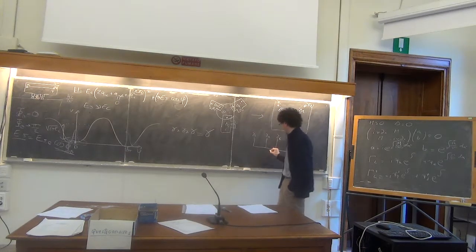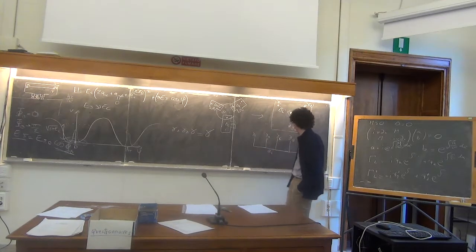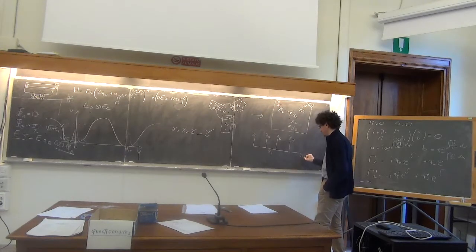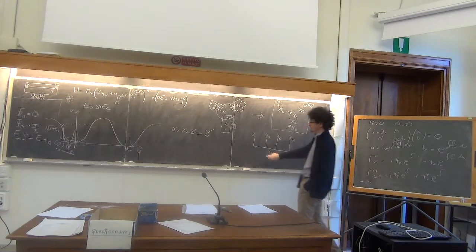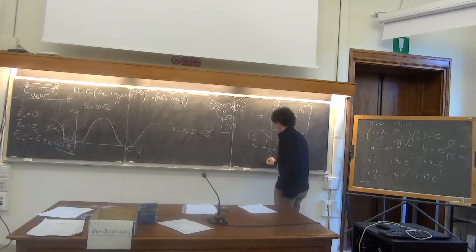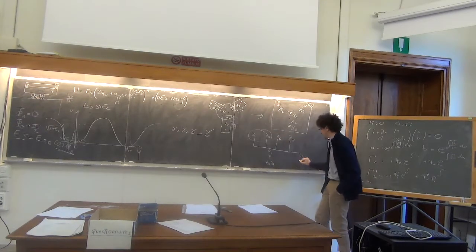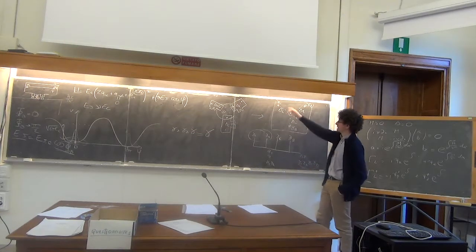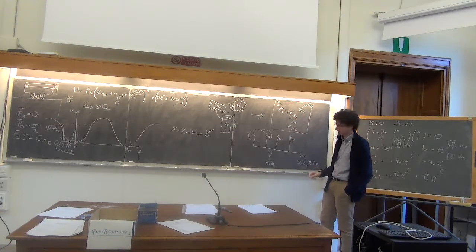So here we will have some first degree of freedom, and here we will have the total fermionic parity of the system. So this is the fermionic parity of the first two Majoranas, it is what I called i gamma left gamma right, and this is instead the product of all the four Majoranas,